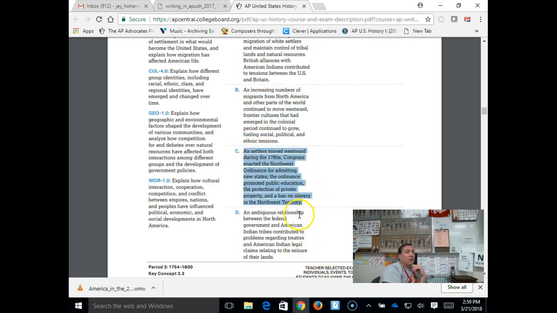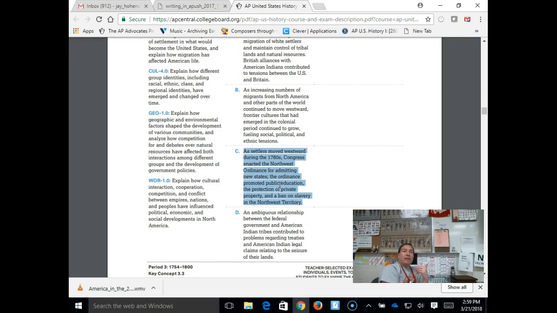During the Articles of Confederation, remember the one major accomplishment the Articles had, the creation of the Northwest Ordinance and the Land Ordinance, where they divided up their land into a grid pattern, setting aside public school space out west. But the big thing you want to notice is in this government that is super weak, that can get hardly anything done, they come out with a statement that slavery can't work in this area.